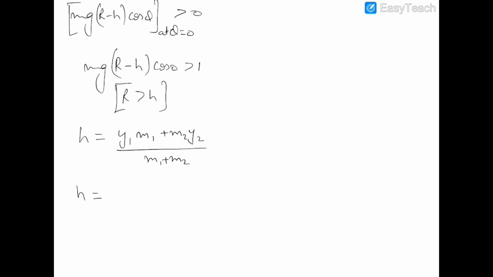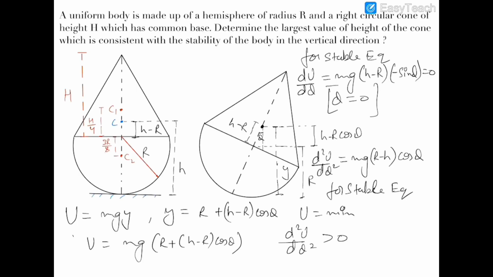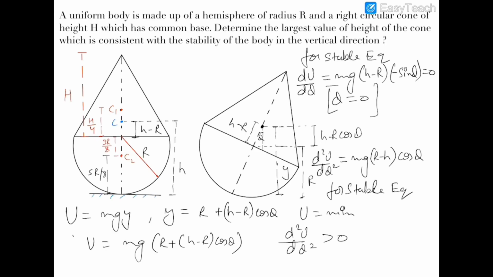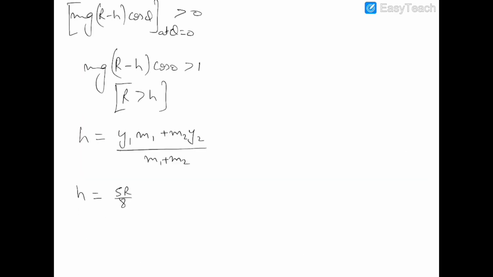Let's suppose y1 is the center of mass of this hemisphere. So this height from the ground should be equal to 5r by 8. As the material of these two objects is the same, I can write the volume instead of mass because density will cancel out. So the volume of the first object, the hemisphere, will be 2 by 3 pi r cube